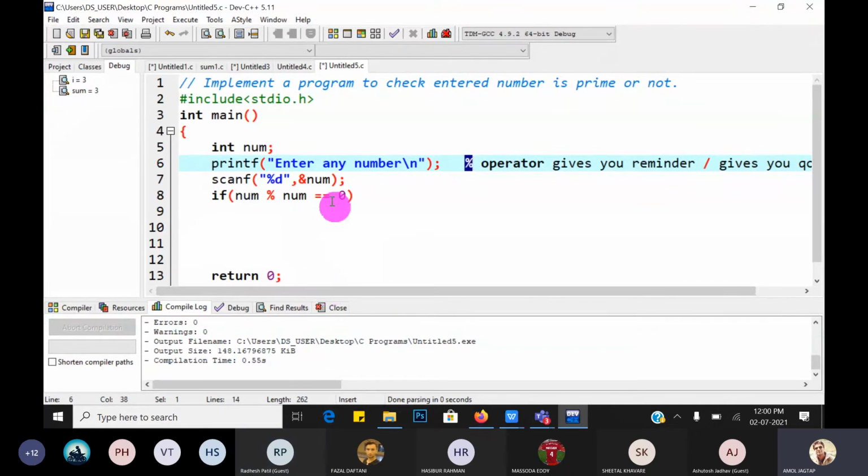So if the remainder is 0, that means the number is completely divisible, for example 5 divided by 5. Then what is the remainder? 0. So it is matching. And operator, num mod of 1, if it is equal to 0, yes, then.